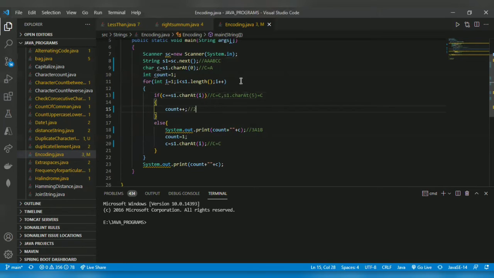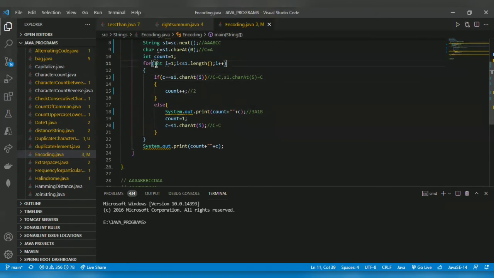Count equal to 2. After that, the i value will not satisfy the for loop condition. So it comes outside the loop and prints the count, which is 2, and the c value is C.